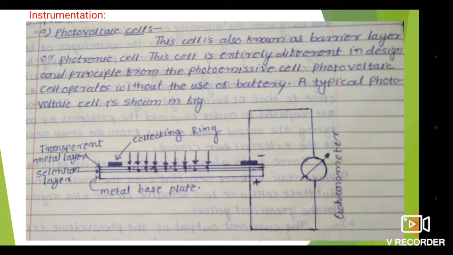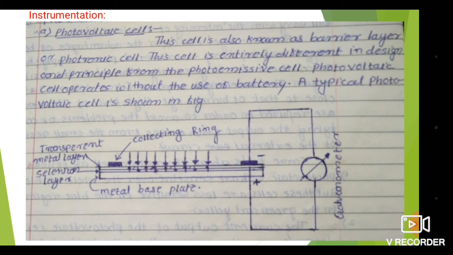The current produced by the photovoltaic cell cannot be readily amplified by conventional electronic circuits because of the low internal resistance. In general, photovoltaic cells show a fatigue effect. In these cells, the initial photocurrent is very high and it attains a steady value after a few minutes. The fatigue effect can be minimized by careful selection of the optimum level of illumination.